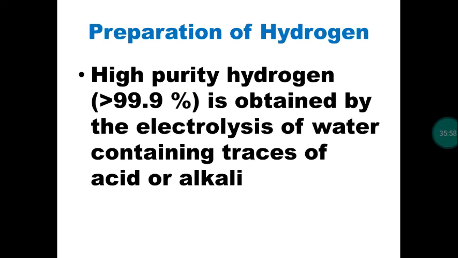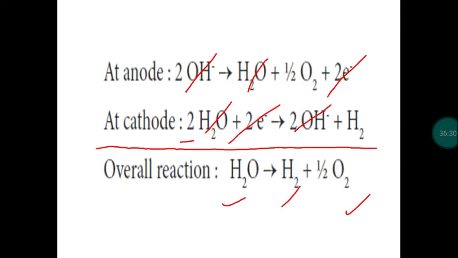Okay. So today we are going to discuss preparation of hydrogen, deuterium, tritium, properties of hydrogen, deuterium, tritium, and the uses of hydrogen. First, hydrogen can be prepared by electrolysis process. When electricity is passed within the cell where we have taken water as an electrolytic solution along with a small quantity of acid or base, water will undergo a dissociation process. There will be redox reaction, right? At anode there will be oxidation, at cathode there will be reduction. So overall this is a redox reaction.